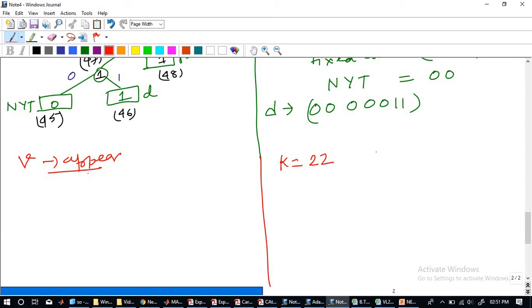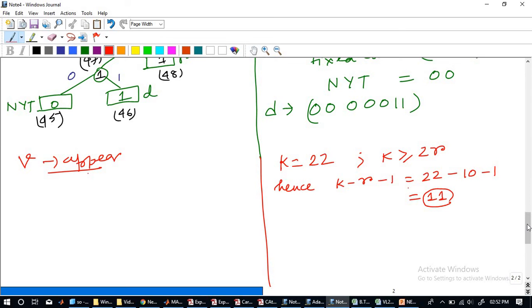If K is 22, the condition is that K is greater than 2R. So we are going for case 2. We have two cases, right? In that case, it was K minus R minus 1, or 22 minus 10 minus 1, or 11, which is to be represented with respect to E bits.